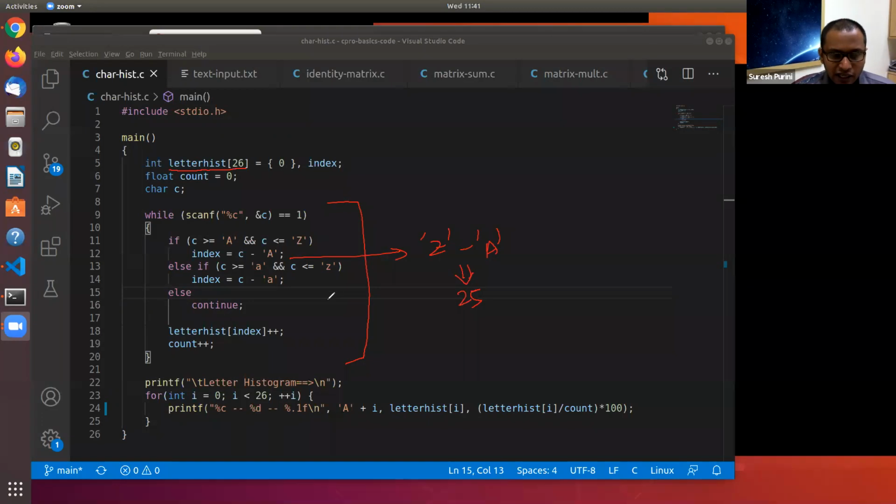If it is none of the alphabet letters, then you continue and don't do anything, so you are not even incrementing the letter histogram. Then from line 22 to 25, you are printing the histogram on the screen.